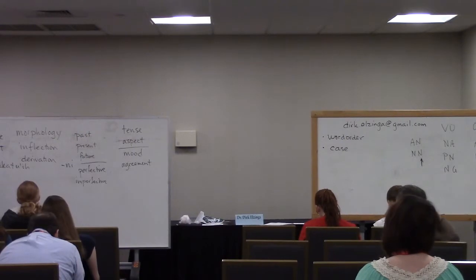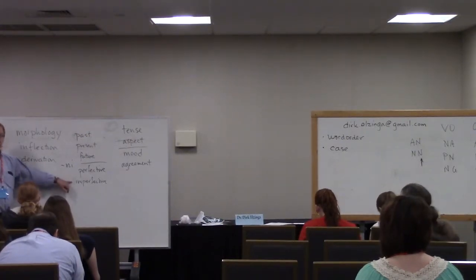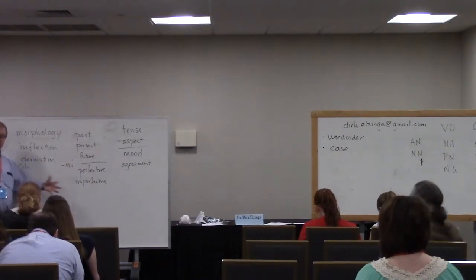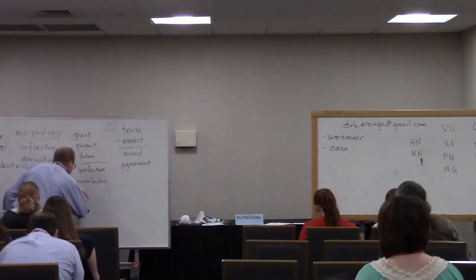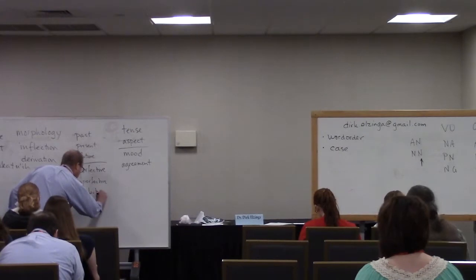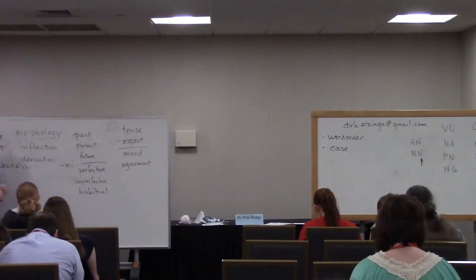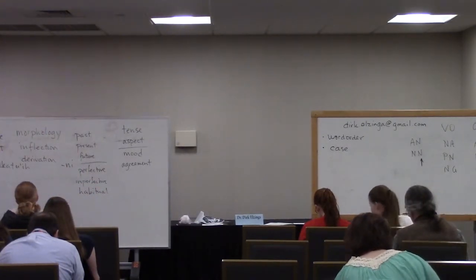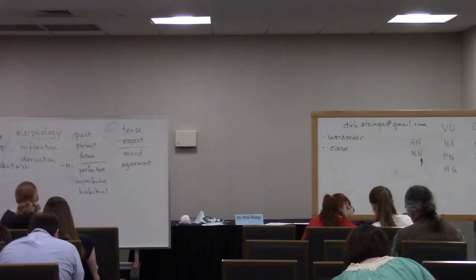Okay? Now a third kind of aspect, most linguists bunch it up together with imperfective, but it's useful to think about it separately. It's called habitual. Okay? This is what we use the simple present tense form in English for. Okay, so if I